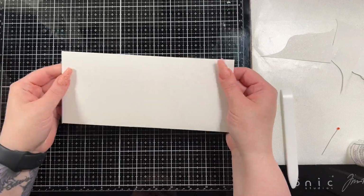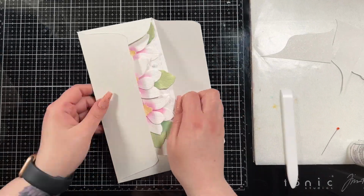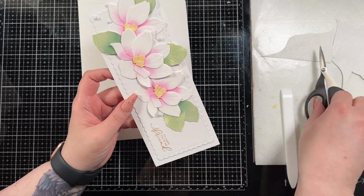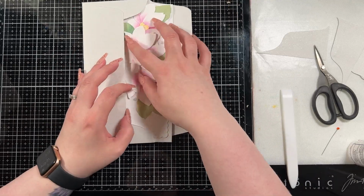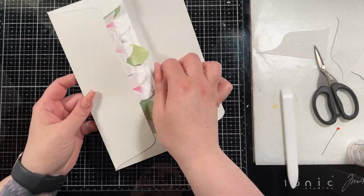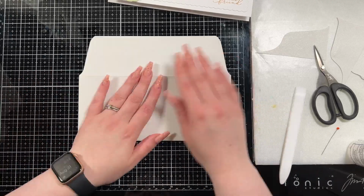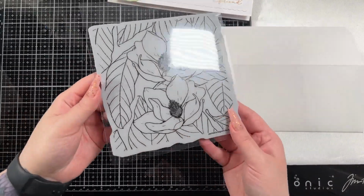And then I made sure my card would fit, which it will. However, that one leaf at the top sticks out a tiny bit and gets crushed. So I brought in my scissors and trimmed off just a small amount so that it wouldn't get crushed, and then I don't have to worry about the envelope. But then I was like, well, we have to decorate this, so what are we going to do? So I brought in my